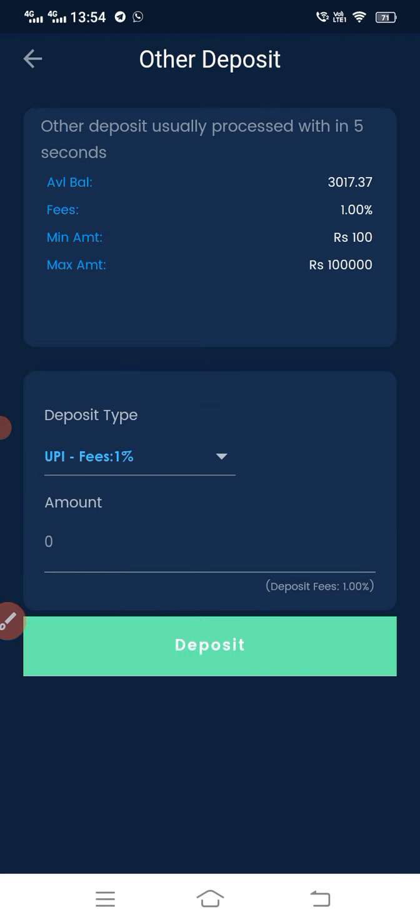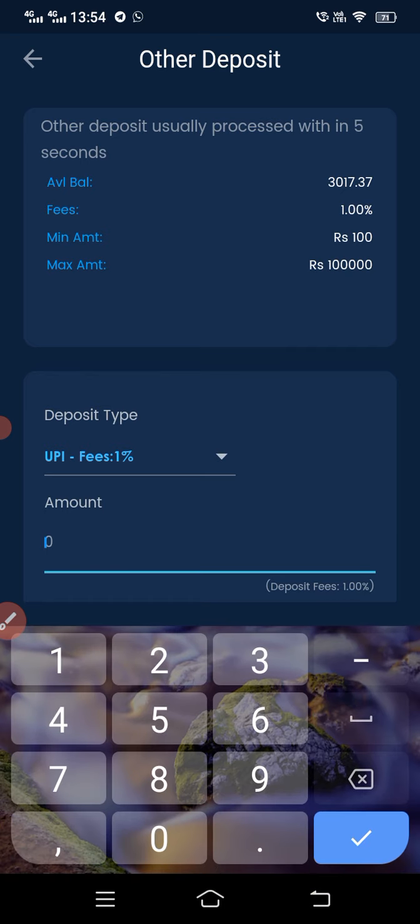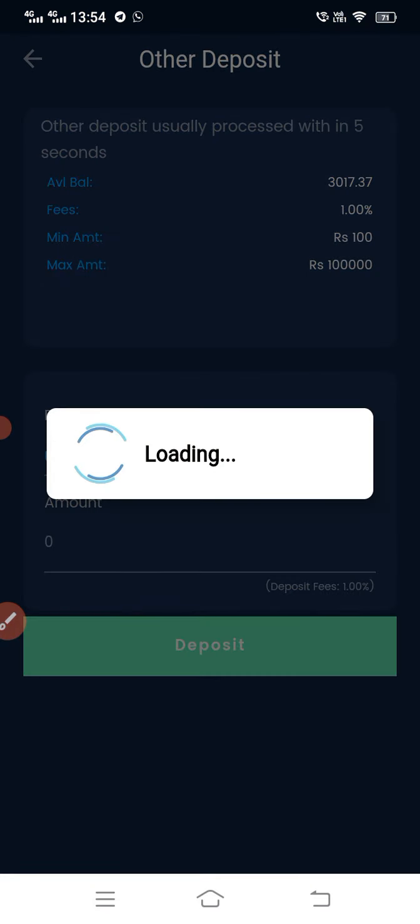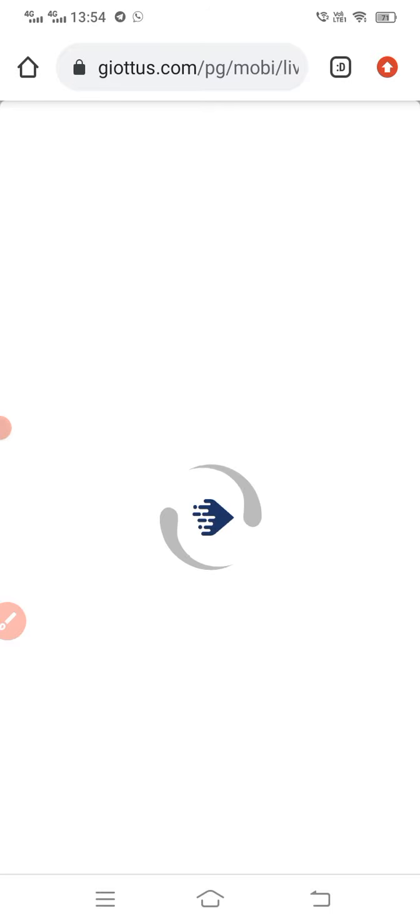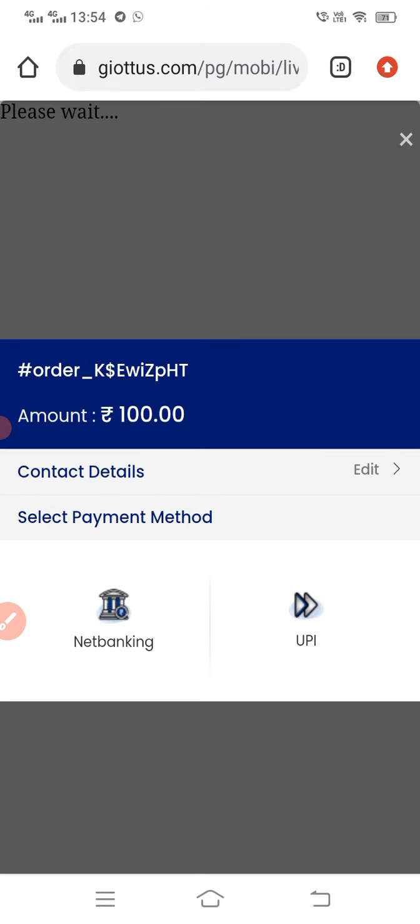So here you can enter your amount. If you enter an amount like 100, I'm showing you, it will directly take me there. Let us see. I'm waiting for these options. You can go with UPI. See here, net banking, UPI.